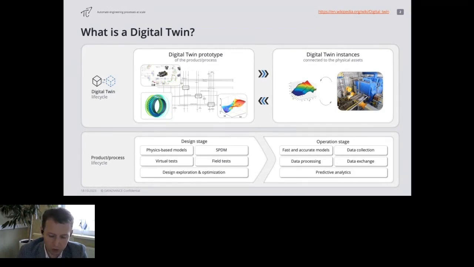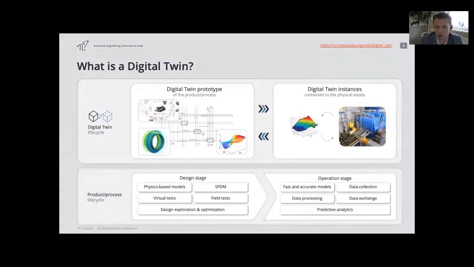And you can use various approaches to build your digital twin prototype. This is how it is called at the design stage. Physics-based models, as I said, or ML-based models. Sometimes it's a monodisciplinary model, sometimes it's a multidisciplinary model, and it could be even a very, very complex multidisciplinary model. But the true challenge is how to connect that to the real asset and how to use those models, which should be fast and accurate to represent certain features and properties of the real asset in order to make some predictions, in order to improve maintenance or